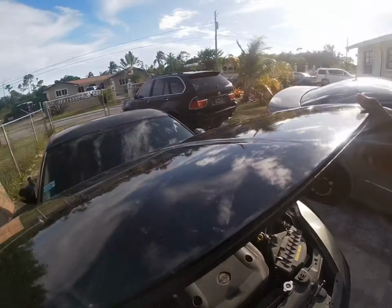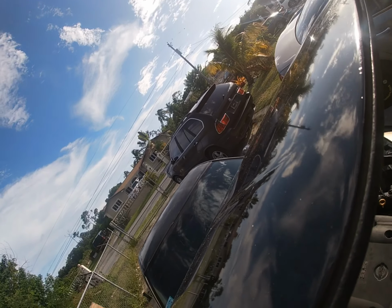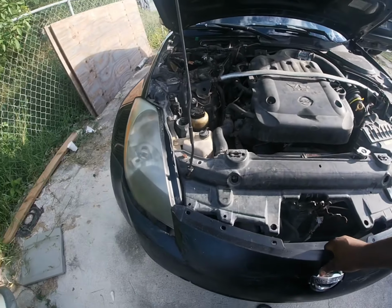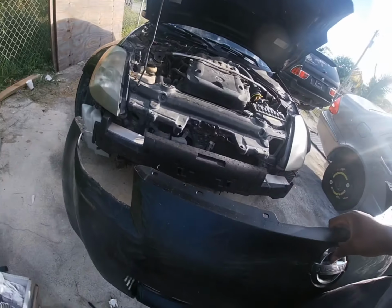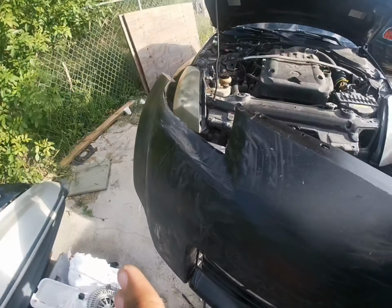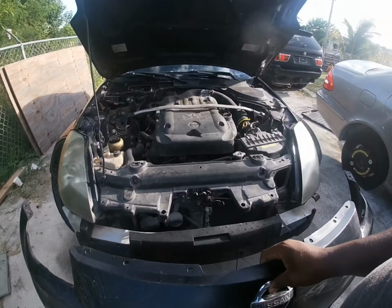I was starting to record yesterday, but the weather wasn't really on my side, so I'm recording right now. See how it looks. This is my bumper. I fixed it. I had a crack going all the way down, and I fixed that. So first thing you do